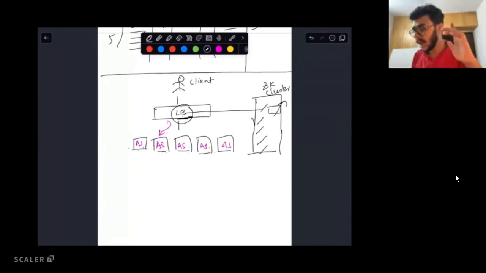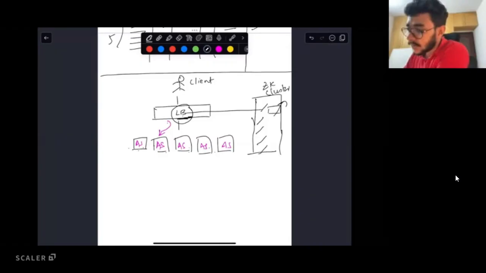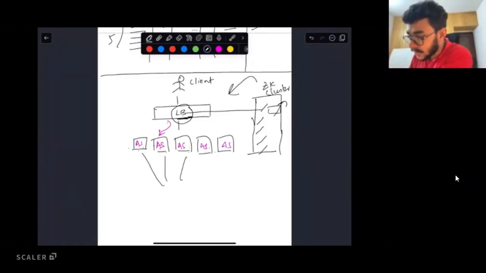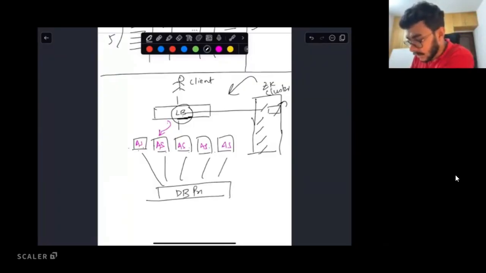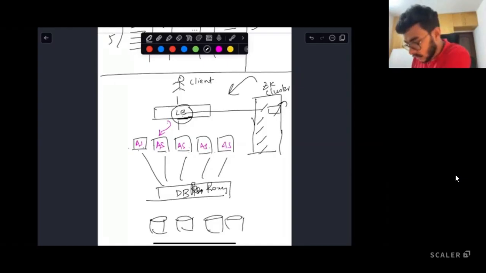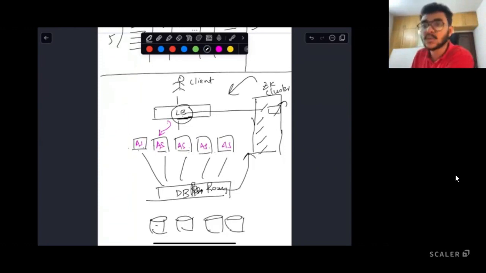Please go ahead. I was just completing that Zookeeper cluster. One use case I have shown you is the application server. Now, application servers have to talk with a database proxy, a reverse proxy, in order to communicate with the database shards. Over there, the same problem is going to arise. How does a DB proxy know that this database shard is healthy or not? They'll again go to the same Zookeeper cluster.